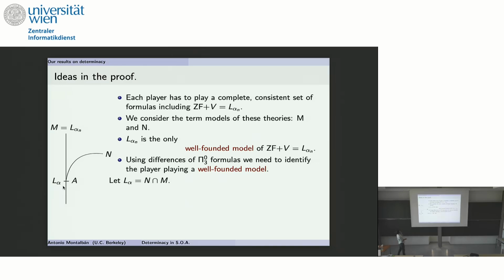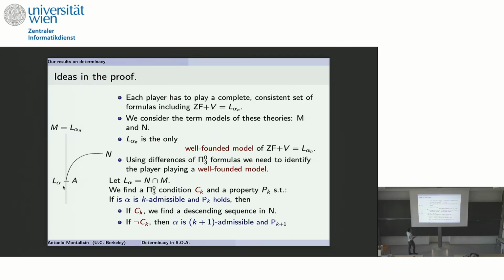Okay, so here is where the difference shows up. Let L alpha be the intersection of the 2 models. And what we need to do, and I'm not going to tell you how, since this line gets very abstract, is find a condition. This is a Pi^0_3 condition about the game, and a property about the models,